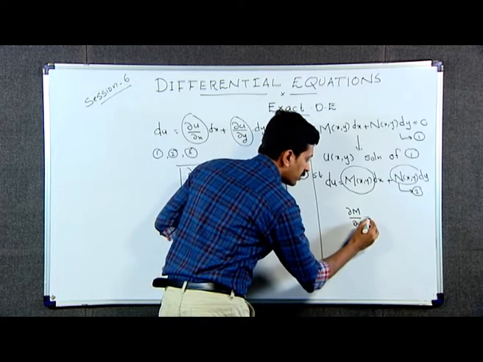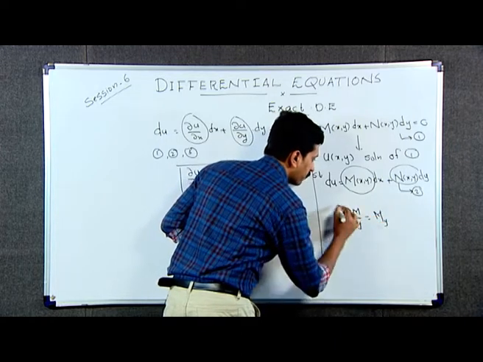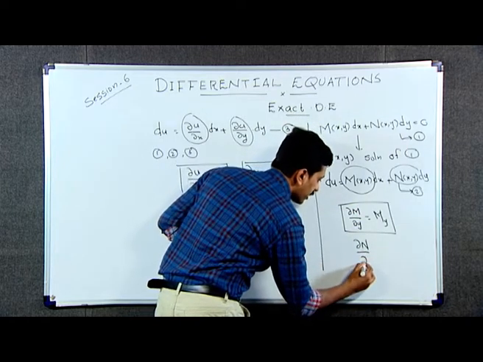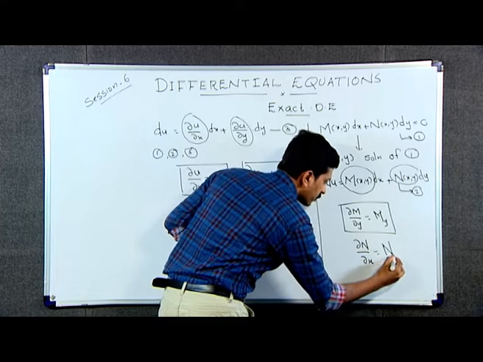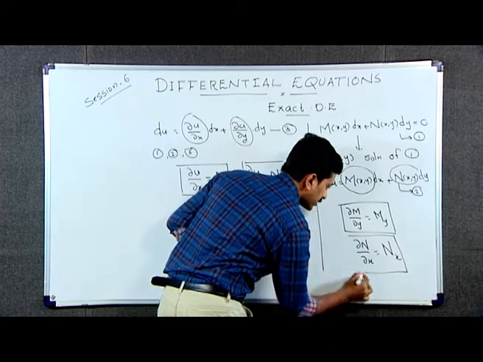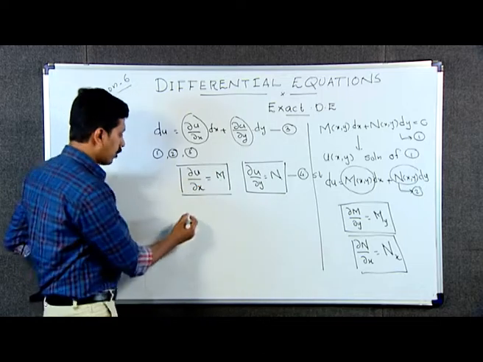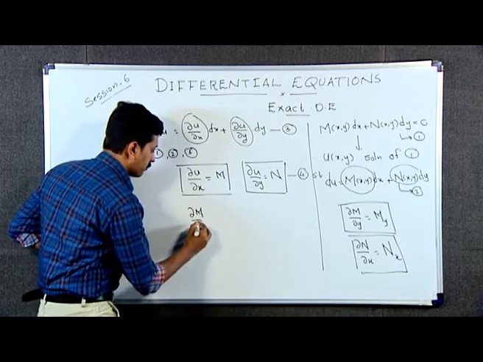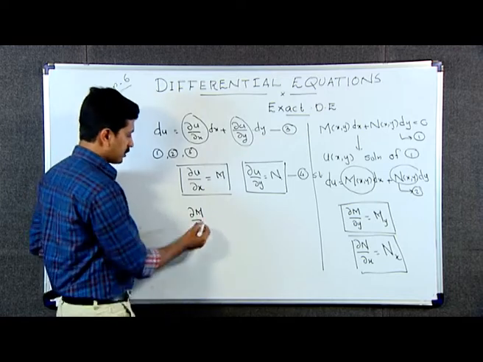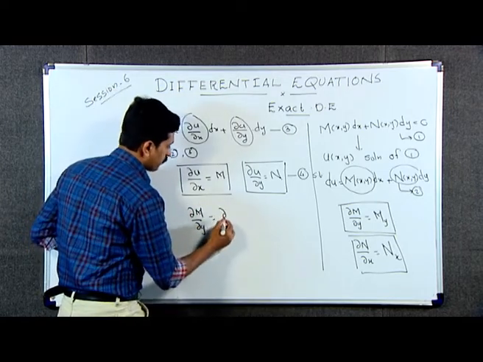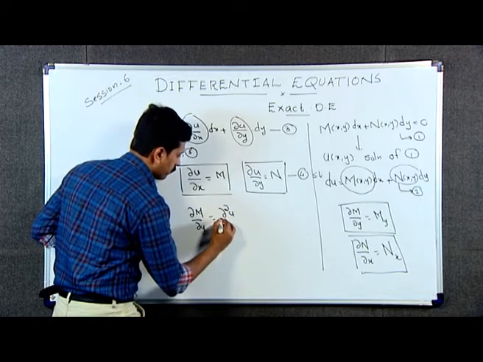I am writing ∂M/∂y, sometimes M_y, as well as ∂N/∂x, sometimes I am writing for convenience as N_x. Now I am differentiating, that is ∂M/∂y, which is equal to ∂²u divided by